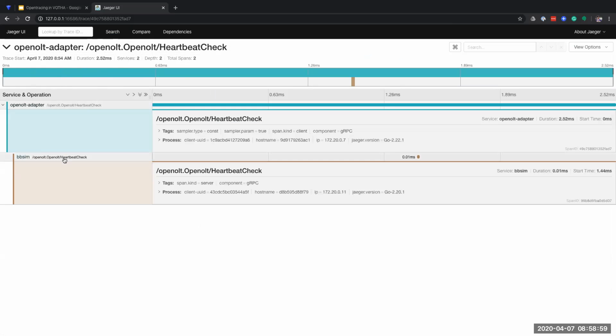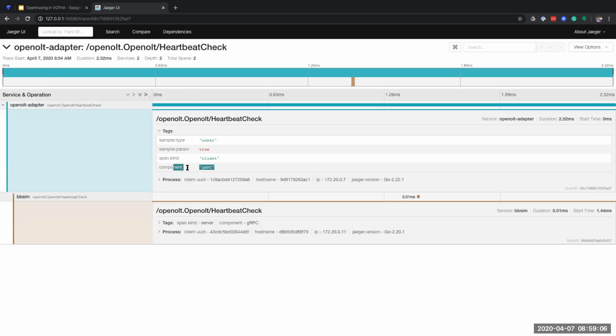And here we can see the detailed information of the span. The first one is a gRPC client. The gRPC Open Tracing library will help you to add some information here. The tag is a key value, so you can add anything you want into this span if you want to know more about it. For example, if you want to enable or create some device, we want to know the device ID, so you can pass the device ID to here. And in this case, it's by the gRPC client, so we know the endpoint, and we know it's a client.